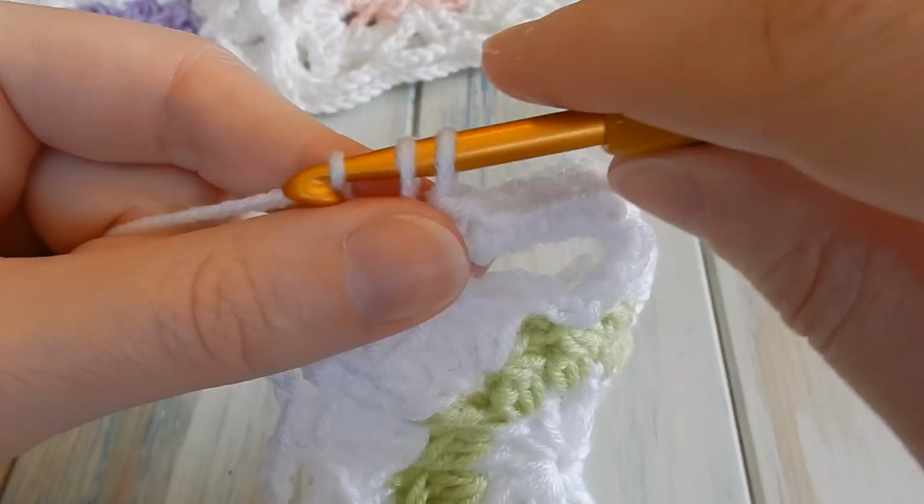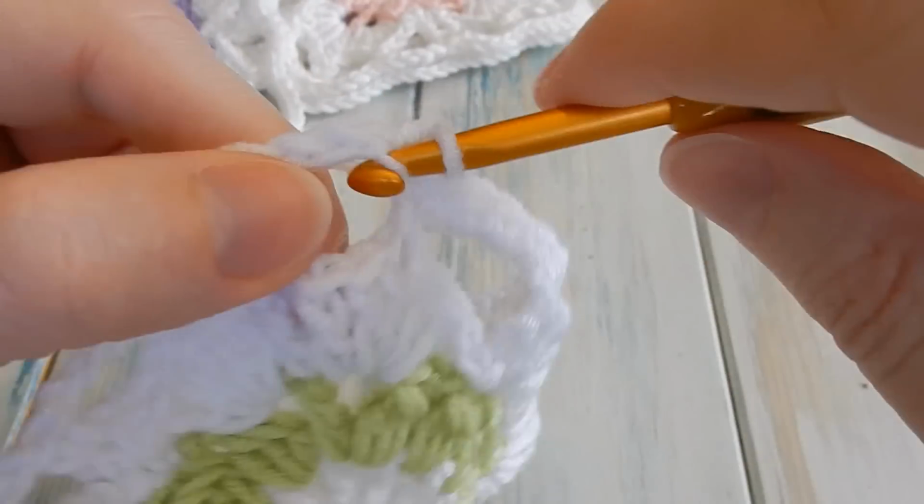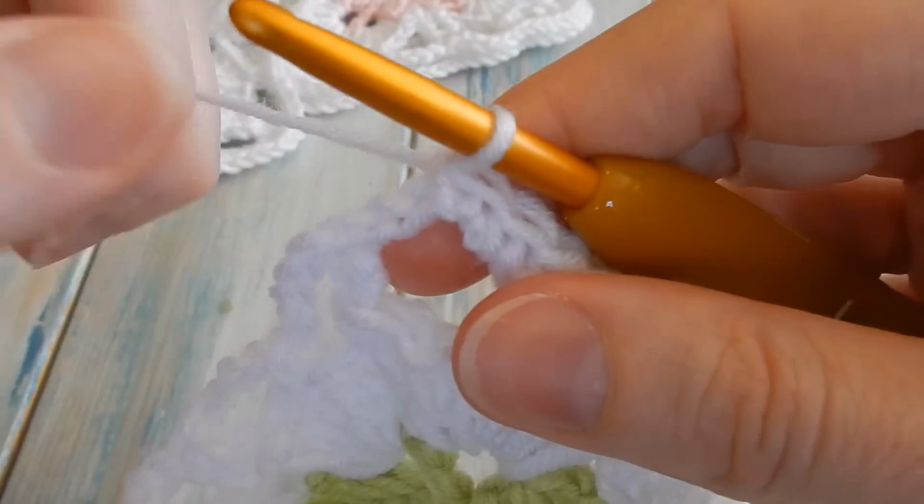4 single crochet in the next 4 chain space, 1, 2,